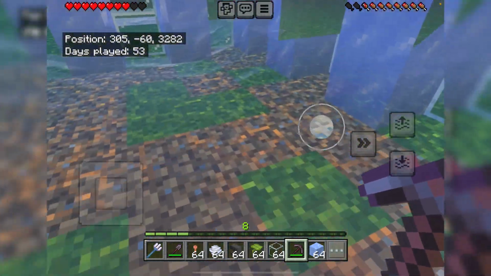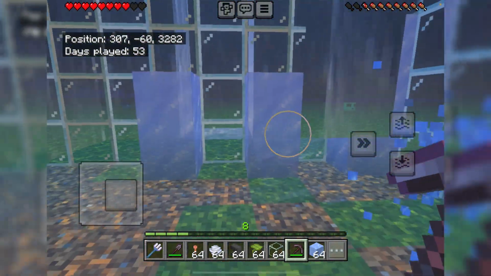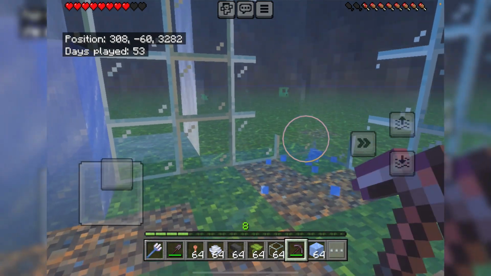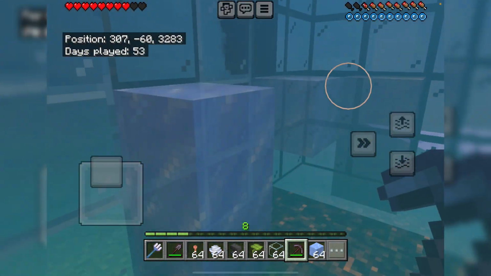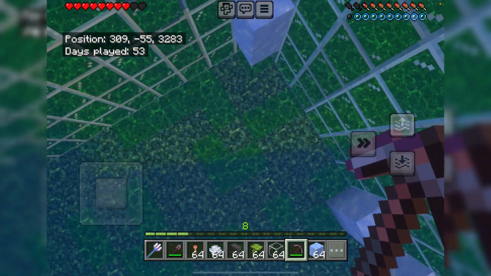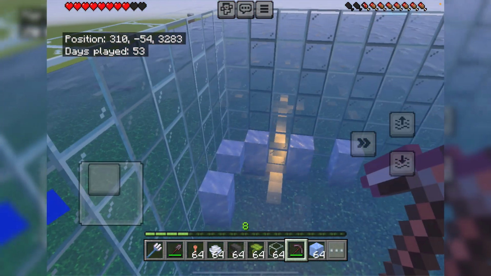You have to make sure you break every single bit. Oh, you wonder why it's so glitchy, the slimes? I really have no idea why, but then you should end up with your entire